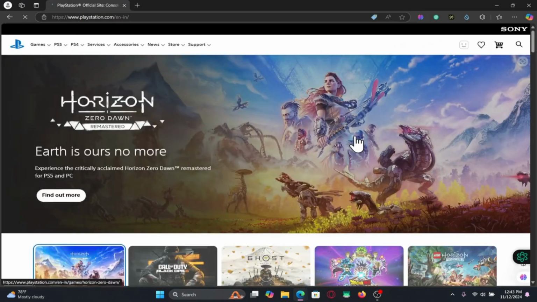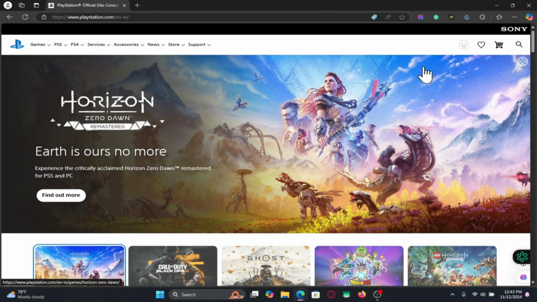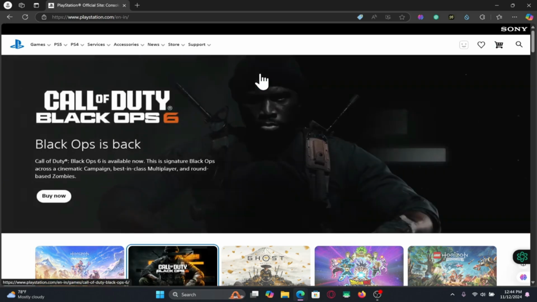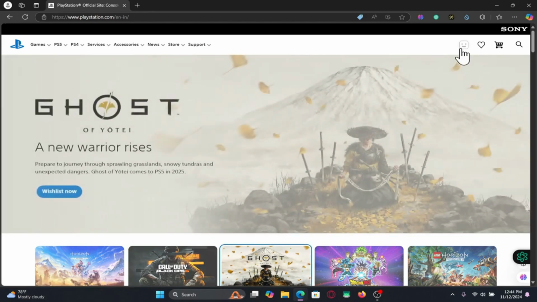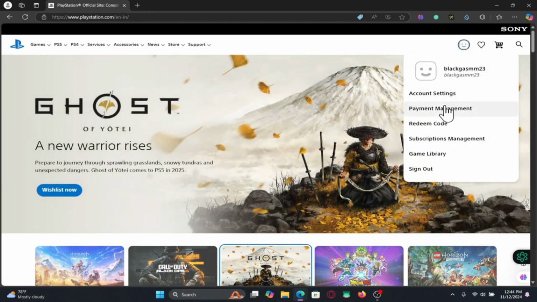Choose your country, and once you are inside the homepage, log into your account if you haven't done so already by clicking on the sign in button at the top right corner. After logging in using your credentials, you will be taken into the homepage. Now if you wish to change your name that you have set up within your account, just tap on the profile icon at the top right corner, then tap on account settings, and you will now be taken into the